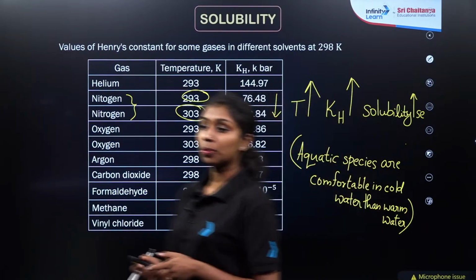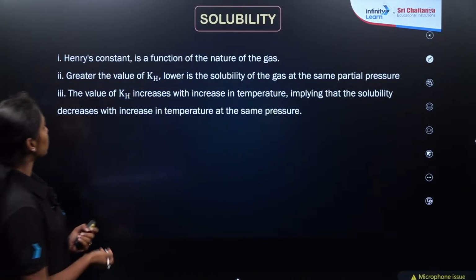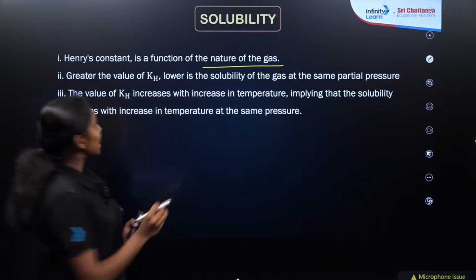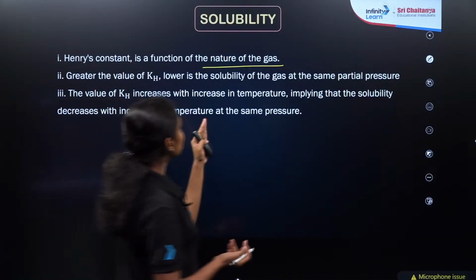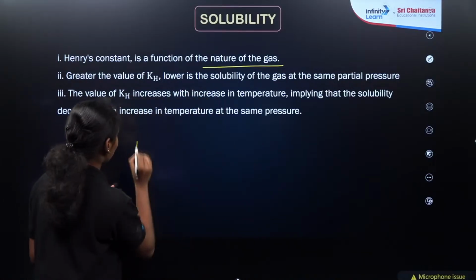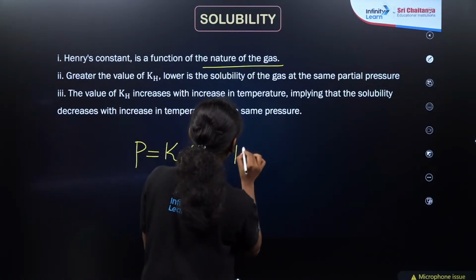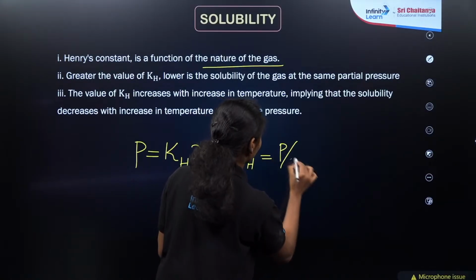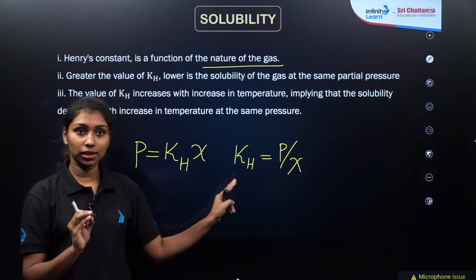Clear? And let us talk about how the KH values depend on the different parameters. So, Henry's constant is always a constant or a function of the nature of the gas. It is a function of the nature of the gas here. So, greater the value of KH, what will happen to the solubility? This is our Henry's law, right? P is equal to KH into chi. Then if you are talking about the KH here, KH is equal to P by chi, right? P by chi. If you are talking about this constant pressure,